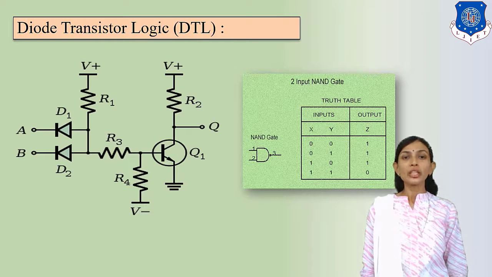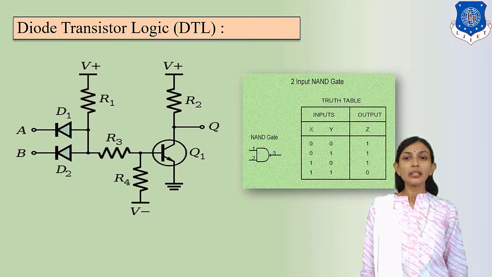So the plus voltage through R2 appears at the Q final output. So that final output will be 1 according to the digital output. Thus, for case number 1, if both inputs are 0 0, then both diodes will be forward biased but the transistor will be reverse biased, so that 1 appears across the final output terminal Q.